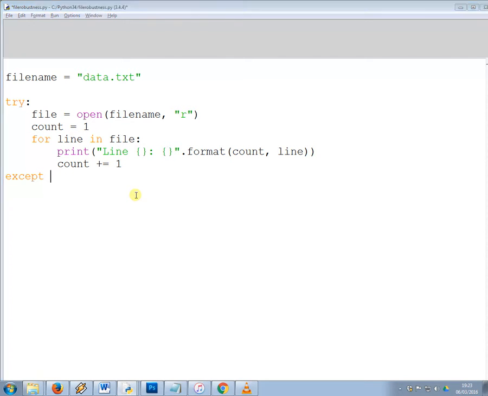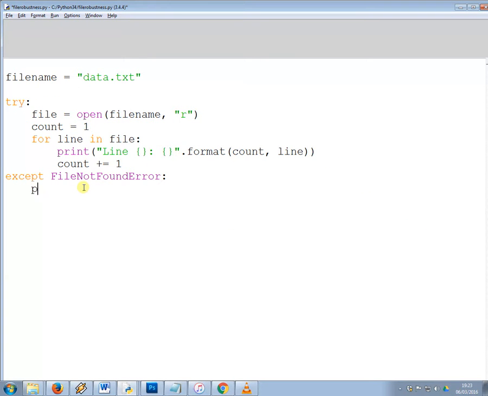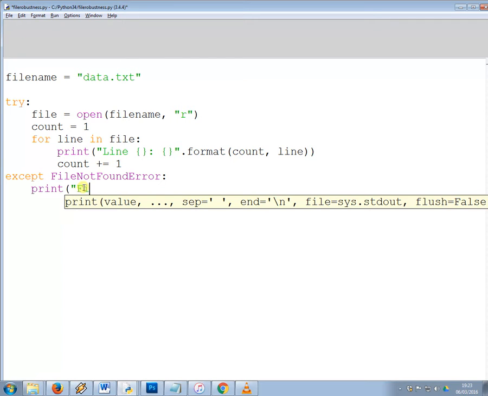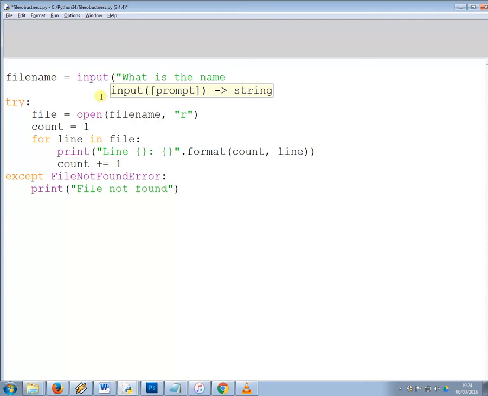This is a file not found error. Okay, so again, just take the error name straight from the shell, and what we would do here is print file not found or something like that. Then for some reason you might have, it would probably make more sense actually to say, what is the name of the file